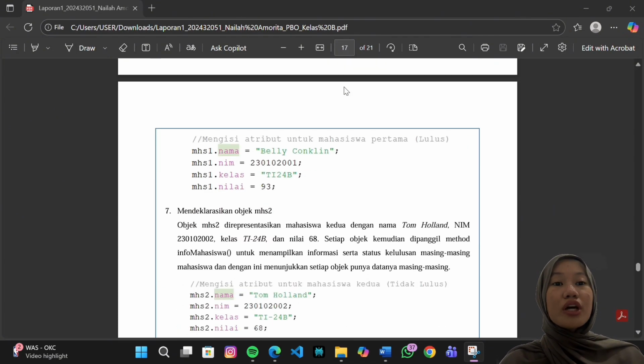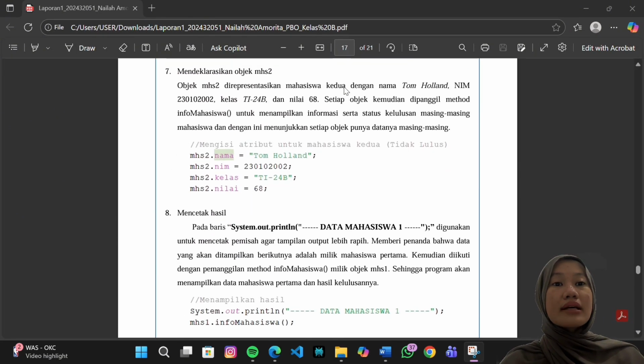The second object is mahasiswa2 and represents Tom Holland, who has a score of 68. This means he did not pass because his score is below the passing threshold.